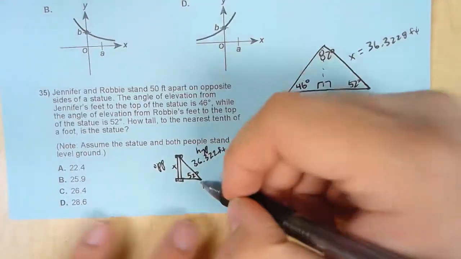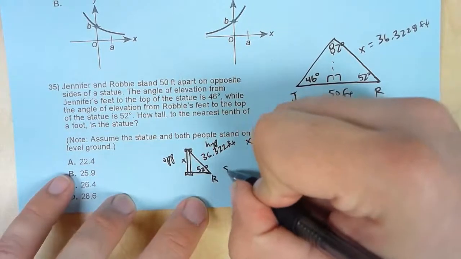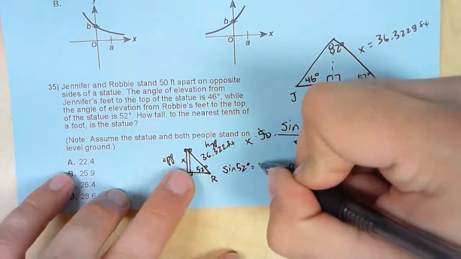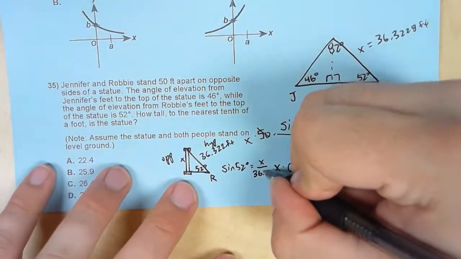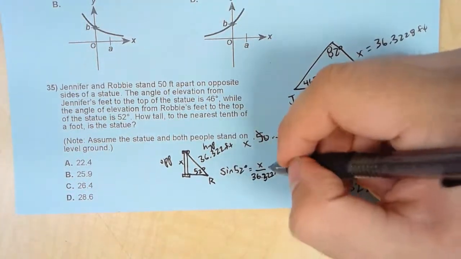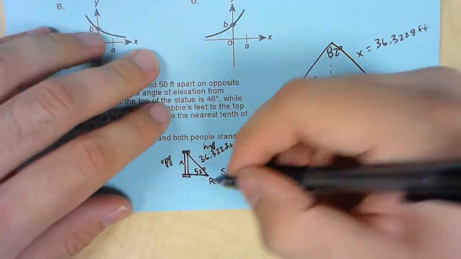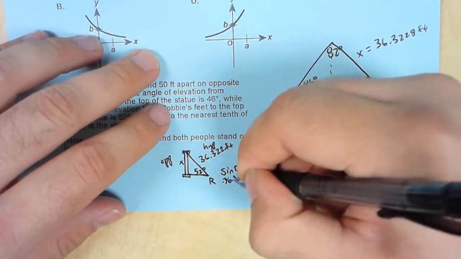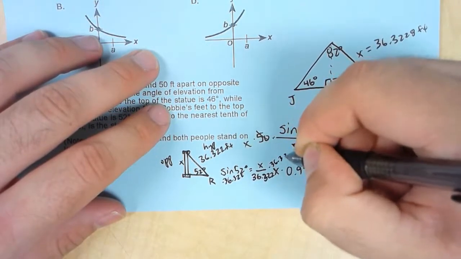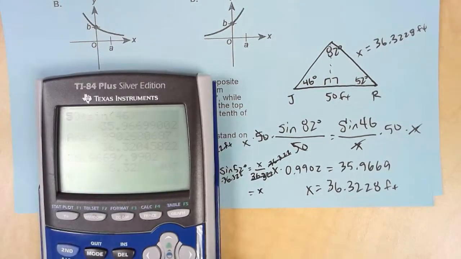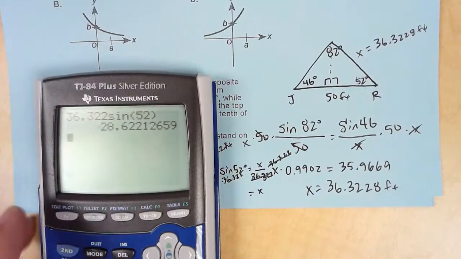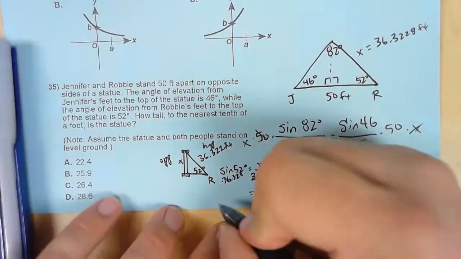So SOHCAHTOA, that's opposite and hypotenuse, which says sine of 52 degrees is equal to the opposite divided by hypotenuse, 36.322 feet. So we multiply both sides by the denominator to get rid of it. 36.322 cancels on that side. We're left with x equals, so if we just type in 36.322 times sine of 52 degrees, we get 28.62